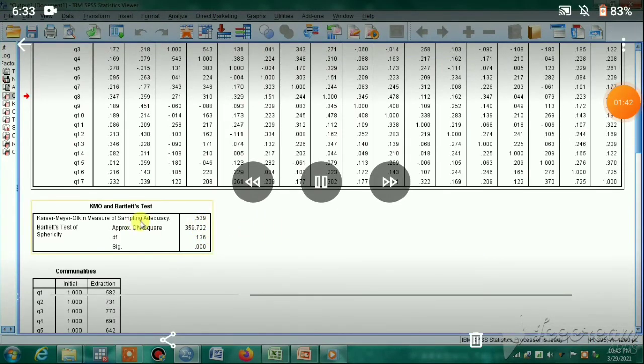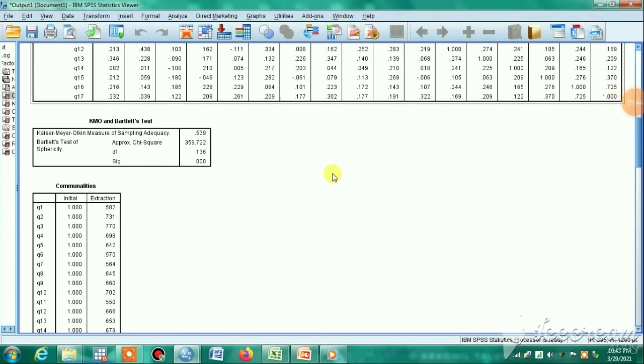But since this is hypothetical data, in practice when researchers conduct this test, they should definitely maintain the sample size. Just for explaining this, we have taken only 70 samples, and the KMO statistic is low, but it should be more than 0.6. The more it approaches 1, the better.